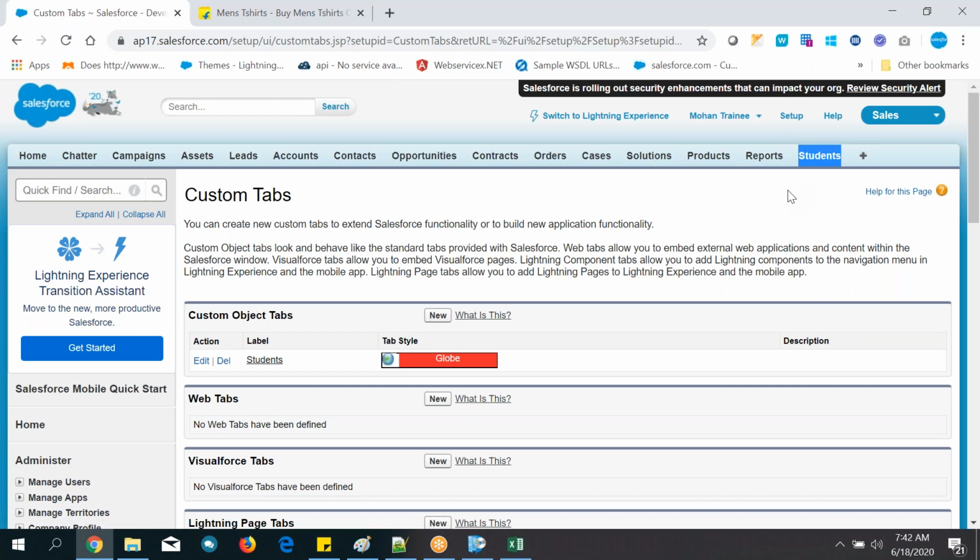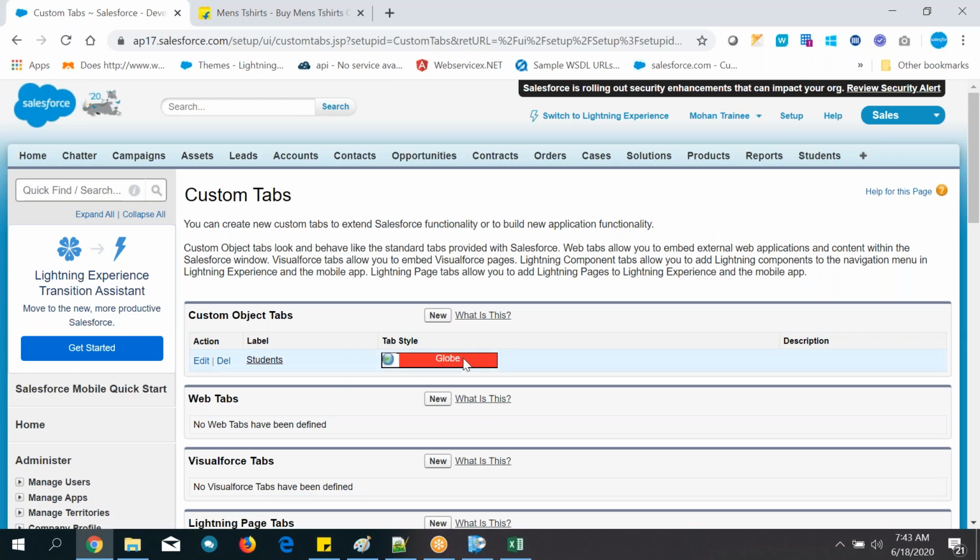This is the tab you have created. Can you see the tab name? Label is nothing but whatever you are viewing with your eyes, that is called label. With your eyes, what is the name here? Students. Yes, that means that is called label only. So, students. From where this is taking, I will tell you. Okay, don't worry.